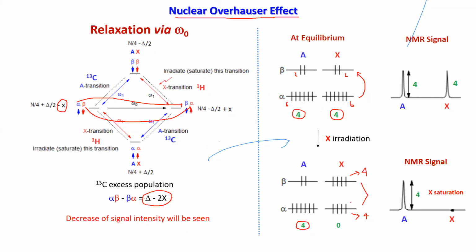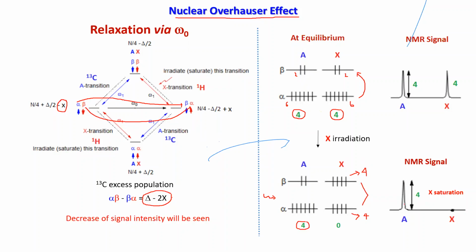Now after achieving this saturation, you irradiate the 13C to have the signal. Now 13C has 4 excess nuclei, so they will slowly jump from here to here to give your signal, and that signal depends on how many excess nuclei you have. Yes, sir. So you have excess nuclei 4. Here I have just taken 4 as the peak height; you can take any value here. Just for understanding, not to confuse, I'm keeping it as 4.